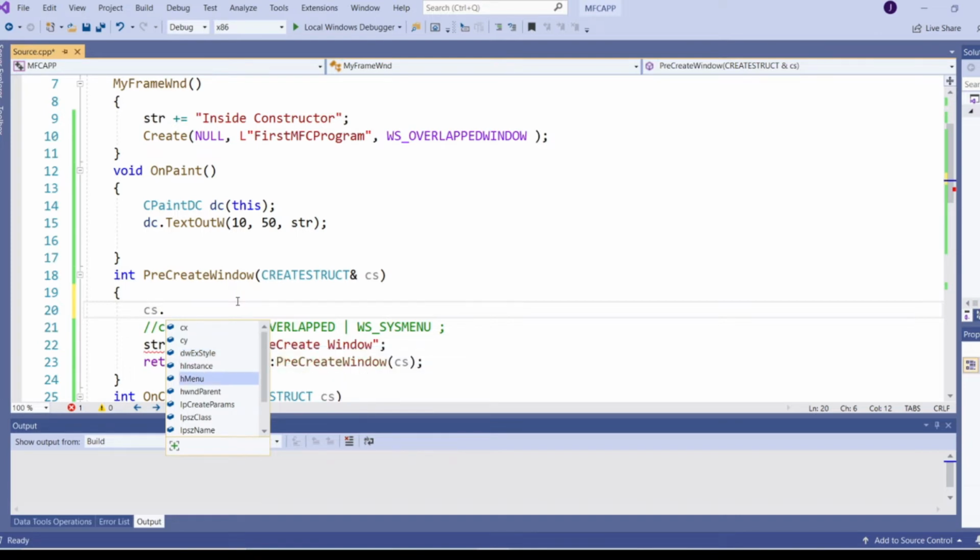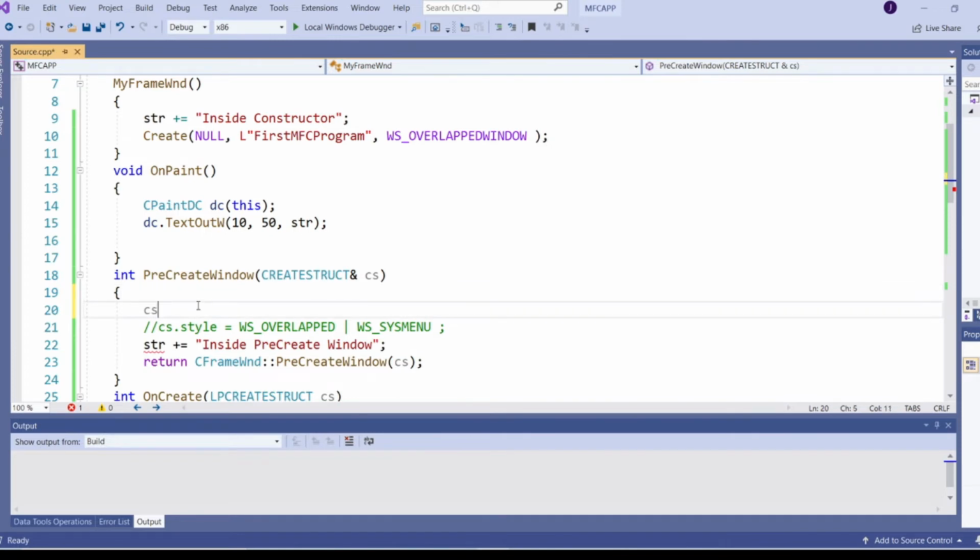Then the instance of a window. If I want to load a menu, then hMenu. If my window has a parent window, it is hWndParent. And class name and style. We can see all these things in great detail in the coming video series.